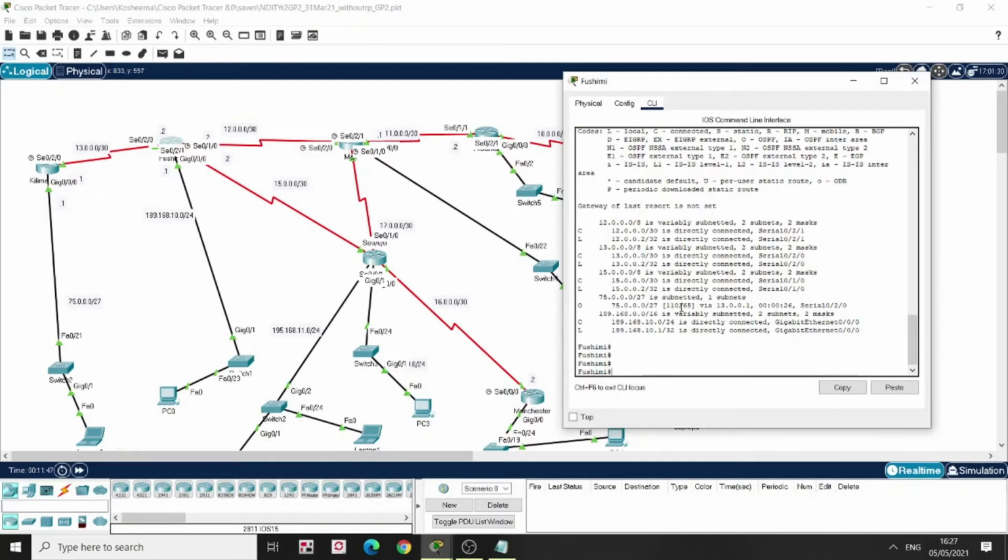So it's 75.0.0.0. And you see here we have 110. So 110 stands for the administrative distance. OSPF has an administrative distance of 110. EIGRP has an administrative distance of 90. RIP has an administrative distance of 120. The smaller the administrative distance is, the more the router will prefer it as the best